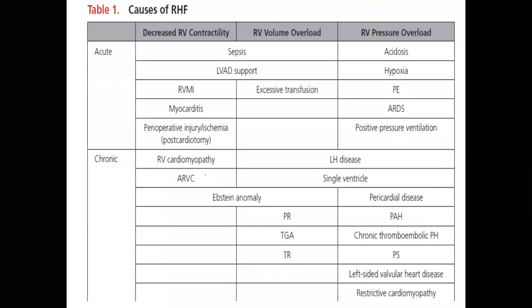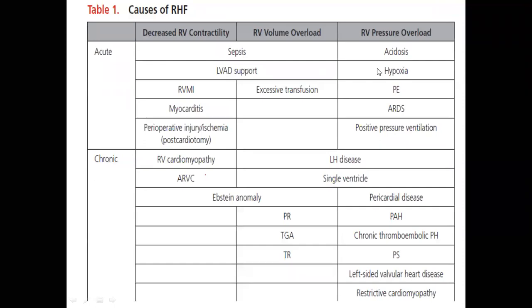So having said so about the pathophysiology and normal response to certain loading conditions, what are the causes of right side heart failure? So we will focus more on the RV abnormality. The forms of right side heart failure can be classified into acute and chronic. In the acute, usually the pressure overload contributes to the manifestations. And the most common causes of